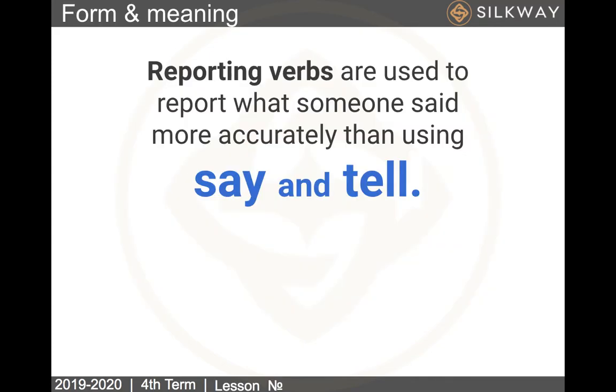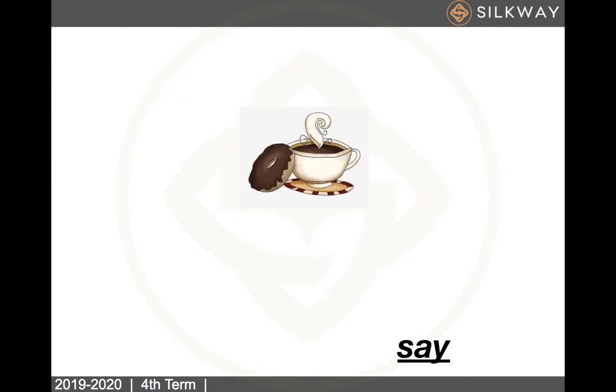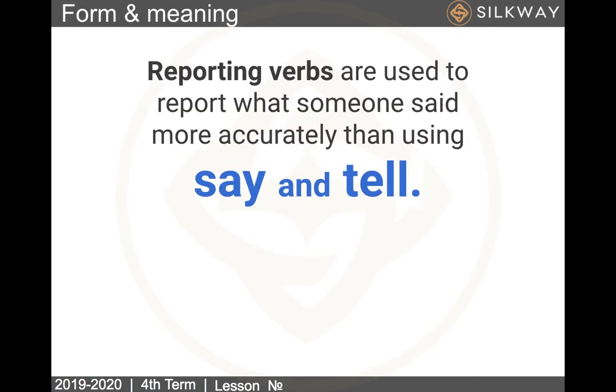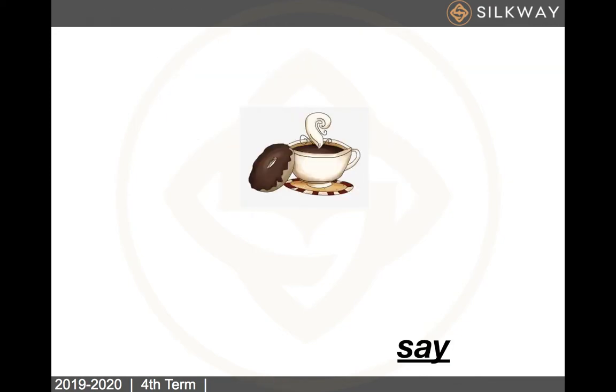Now let's have a look at the reporting verbs that are used to report what someone said more accurately than using say and tell. Okay, we usually use say and tell, but these are not the only reporting verbs, or ask. So for example, with say, we say, "I want coffee," said Aray.